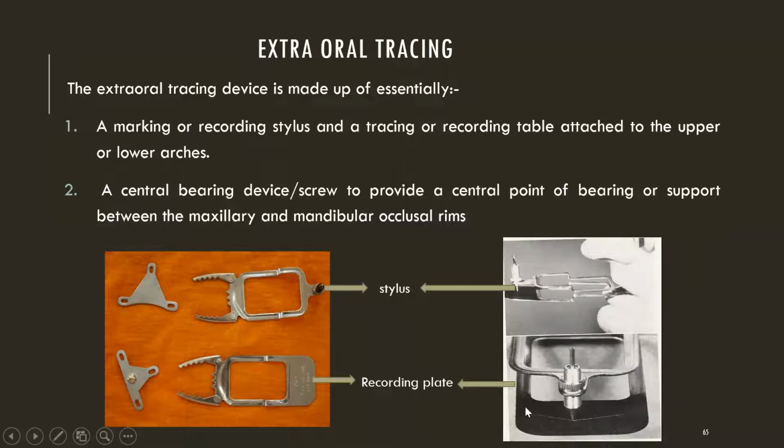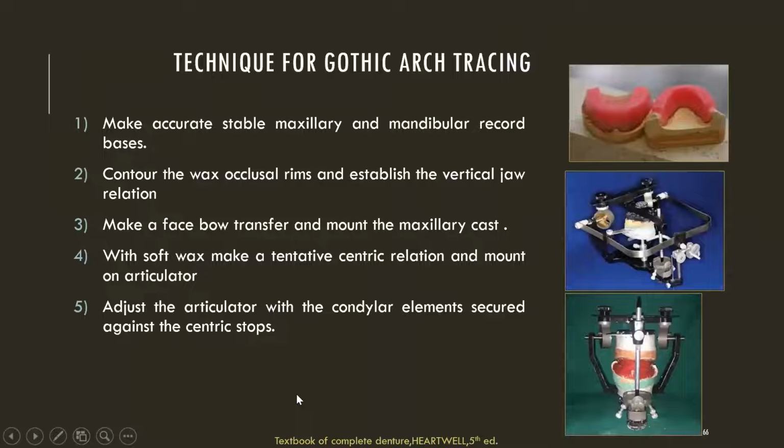Then this is the recording plate. The technique being, we need to make stable maxillary and mandibular record bases and contour the wax occlusal rim and establish the vertical jaw relation. A faceboard transfer is done and the maxillary cast is mounted. At the tentative centric relation, the mandibular cast is also mounted, and the condylar elements are secured against the centric